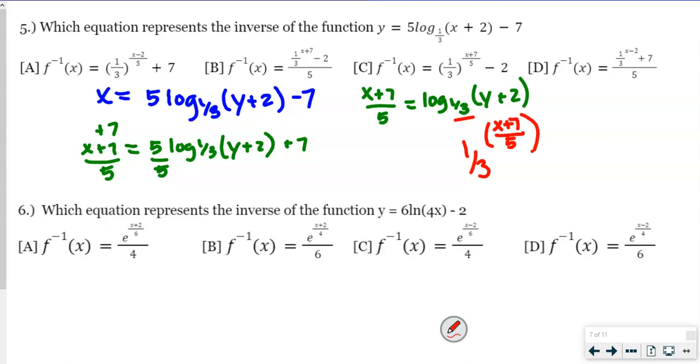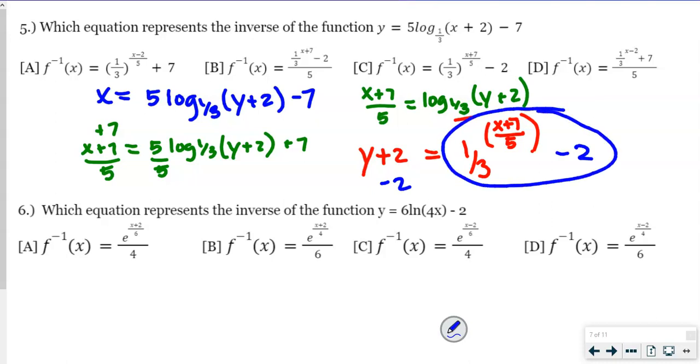And then we're going to take this y plus 2 and put it on the flip side of the equal sign. Okay, so remember, we're going to keep our base where it is, and then we're going to take the other two things that are on either side of the equal sign, and we're going to flip sides. Okay, so now to finish this, the only thing we have to do is what? Yes, subtract 2 from both sides, right? So